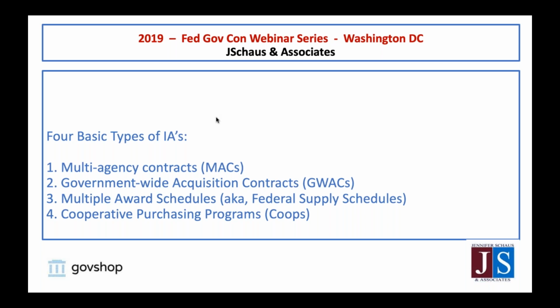Finally, you have the cooperative purchasing programs, or co-ops. These are primarily state, local, tribal, public university, school district type instruments. They all have unique ordering procedures that are specific to the instrument and established by the servicing agency, which is typically the state or local office. So, if you are targeting state and local opportunities and you're interested in co-ops, you're going to have to do a little extra research to understand how that co-op works, read it, try to talk to somebody in the agency that administers it, get to be familiar with that, because it's not like a GSA schedule where it's pretty much the same thing, SIN by SIN.